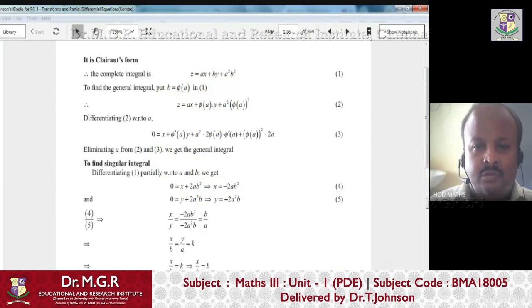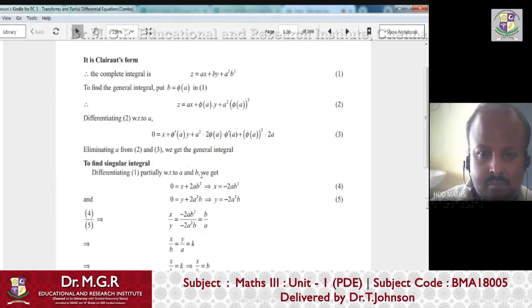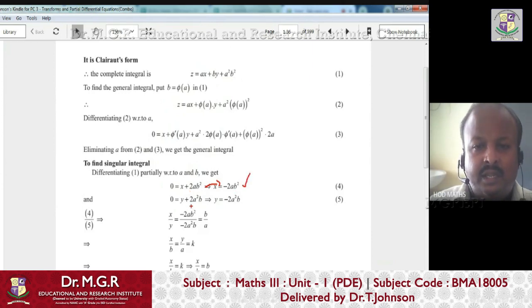So from these two things, we'll get x is equal to, from this you will get, right? From this you will get x is equal to a square. Taking x on one side, taking this 2ab square on the other side, you will get this. Similarly, here you take 2a square b on the other side, you will get this. So now in place of x and y, you can write this. Otherwise, you try to simplify in another manner, try to write like this, right?